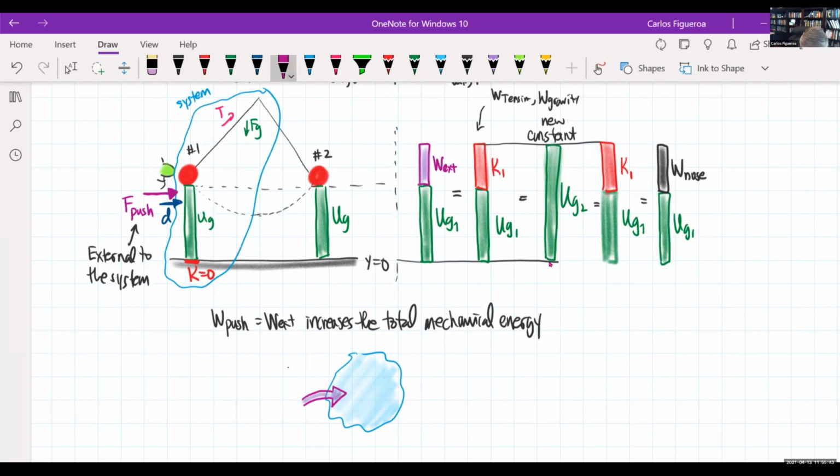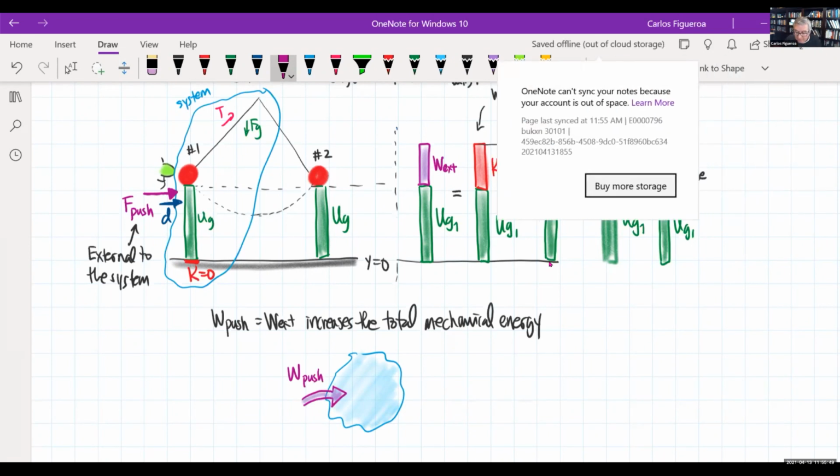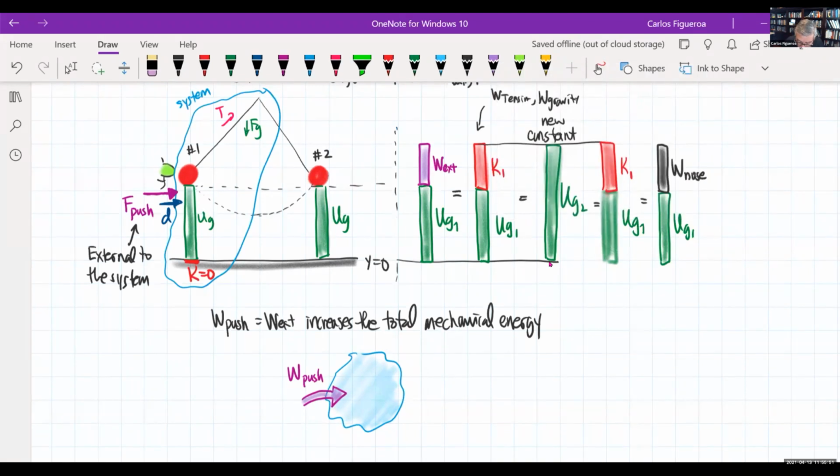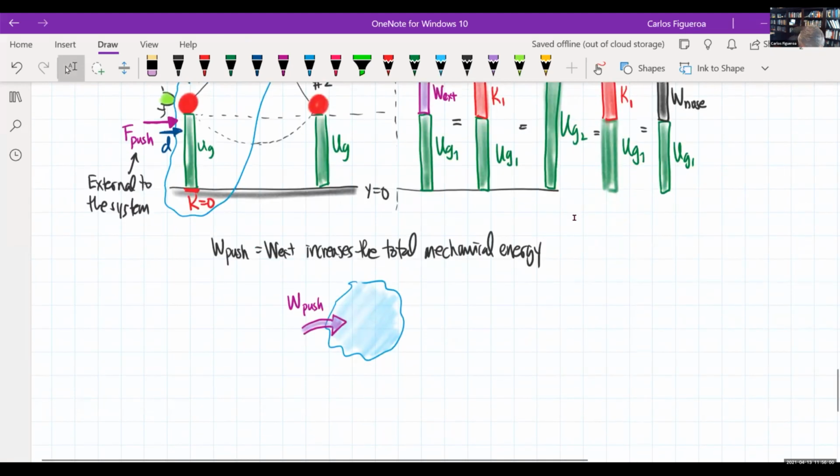So the work of the push increased it, and as it increased it, there's an increase in total energy. However, if I look at the work of the nose,